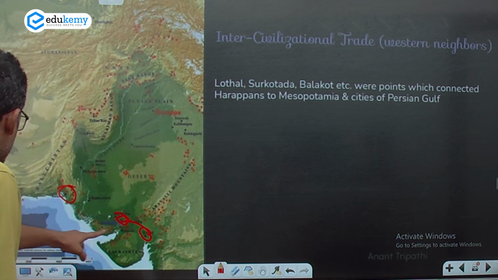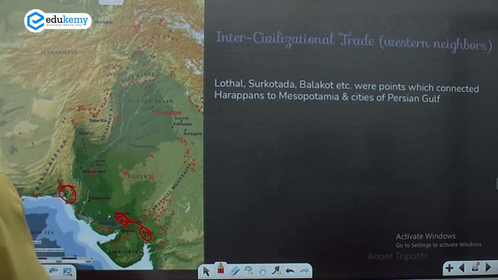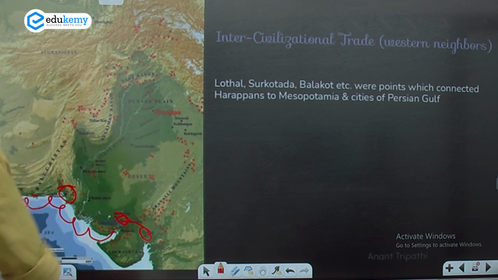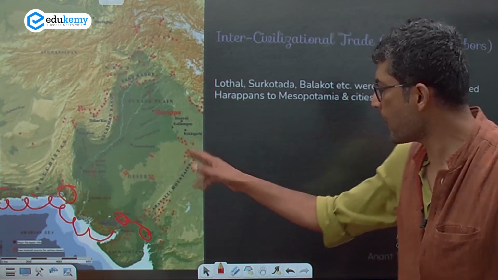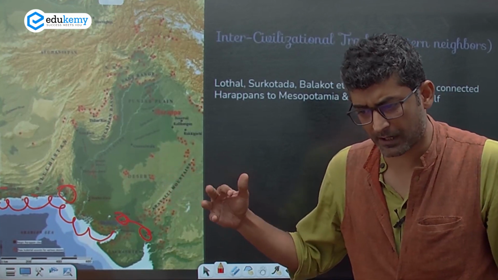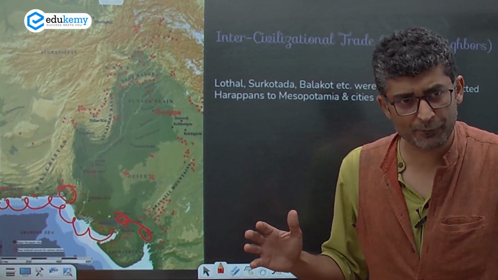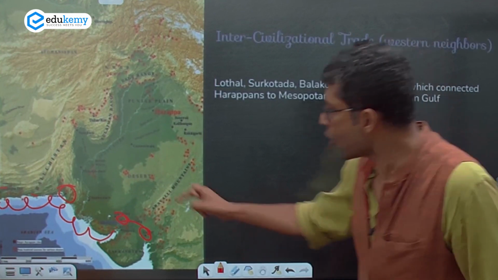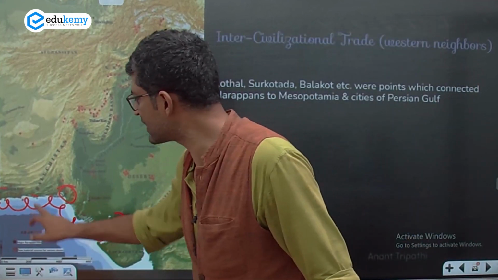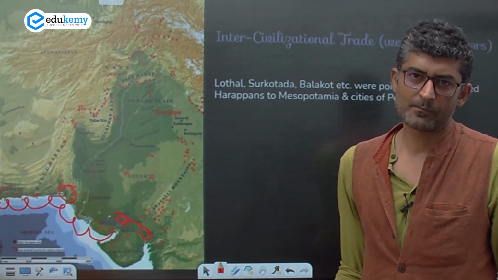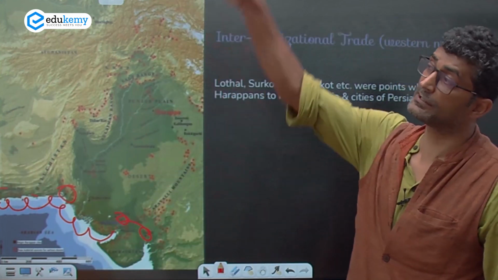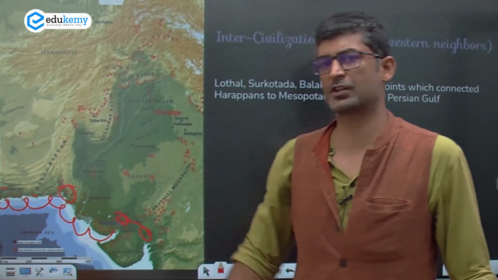These were all coastal cities, and the ocean travel went like this. But remember, one point which I should mention here is, they would not go into deep seas. They did not have that much technology yet, so they were probably just into coastal shipping. And these centers were very important that way, right till Sutkagen Dor, and from there upwards till the Persian Gulf,